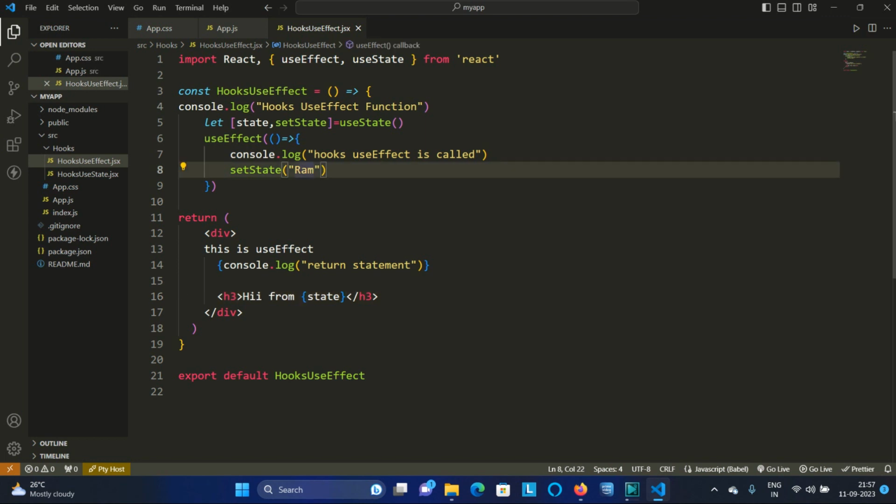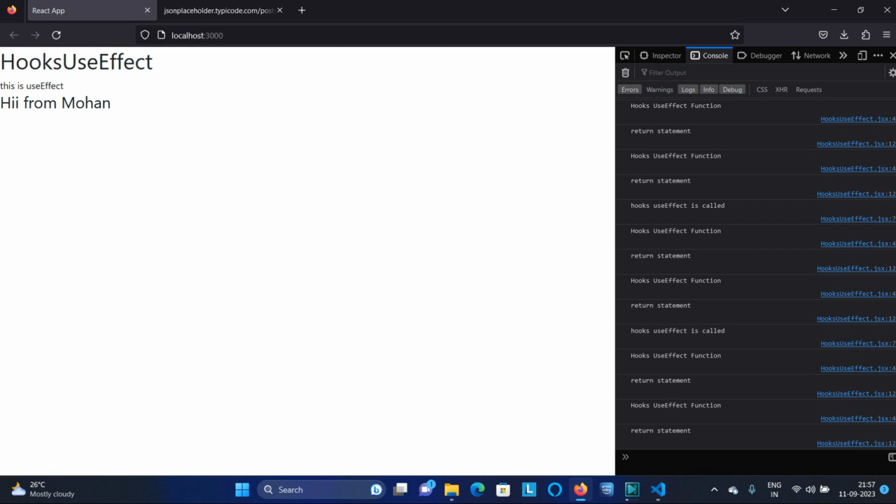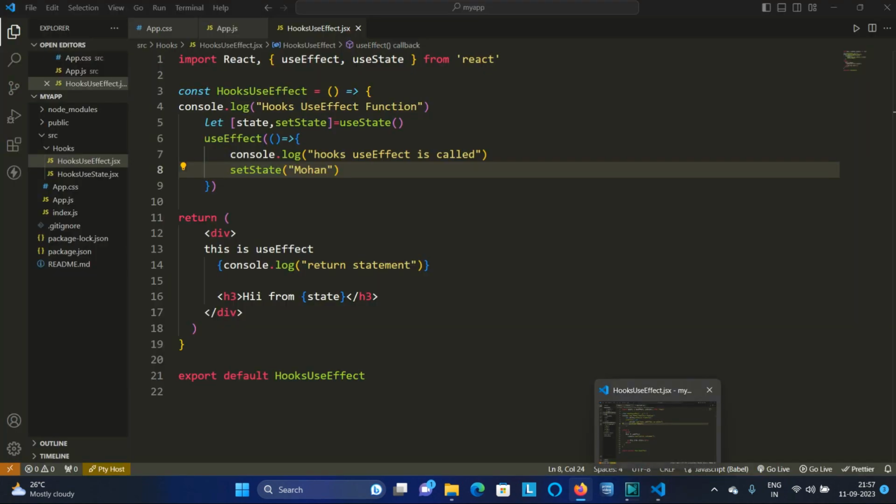I can say hi from Mohan, then here it will initialize while loading the page. So while loading the page, I want an API to be called. So for that we will use